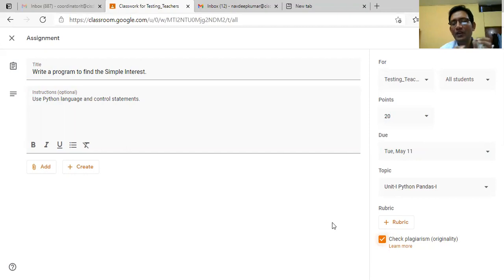So what will happen is that whatever content the student will post, it will check the plagiarism. Means if it is totally copy paste, then the software will work for me. And if the content is plagiarized, I can straightforwardly say to students that you have copy pasted this material.